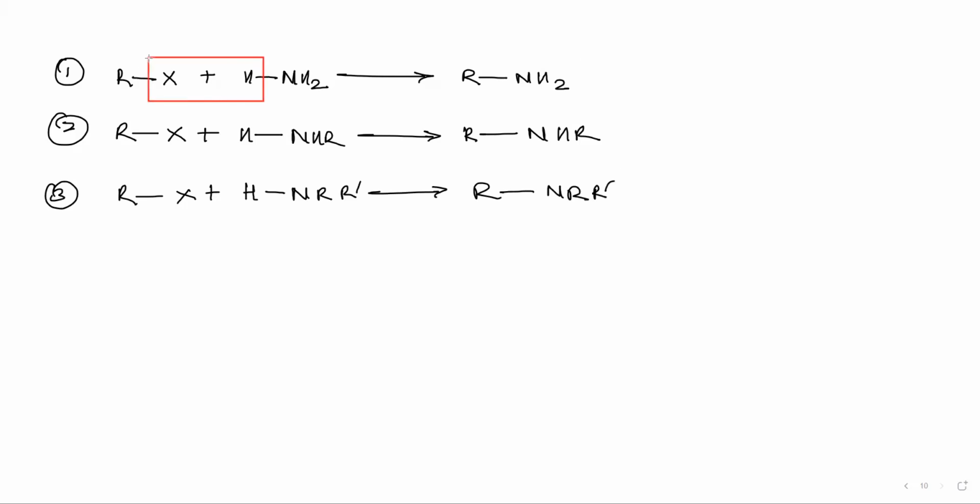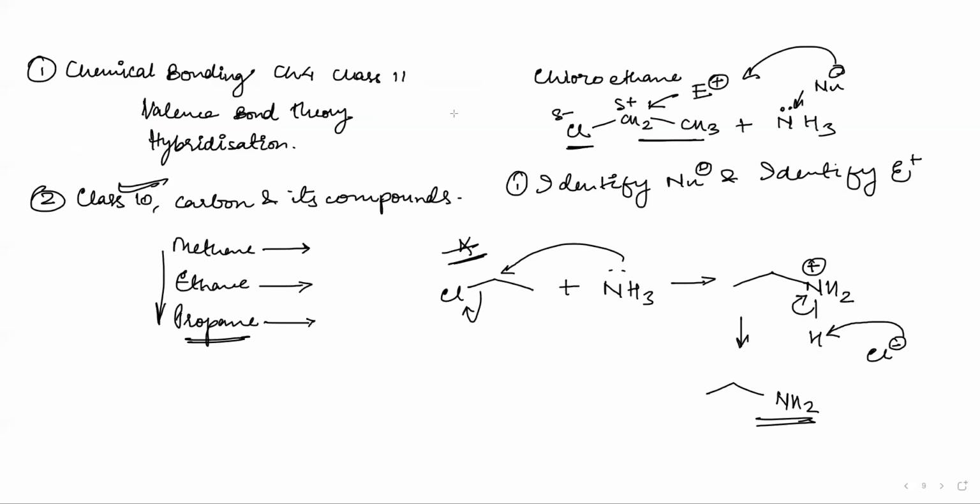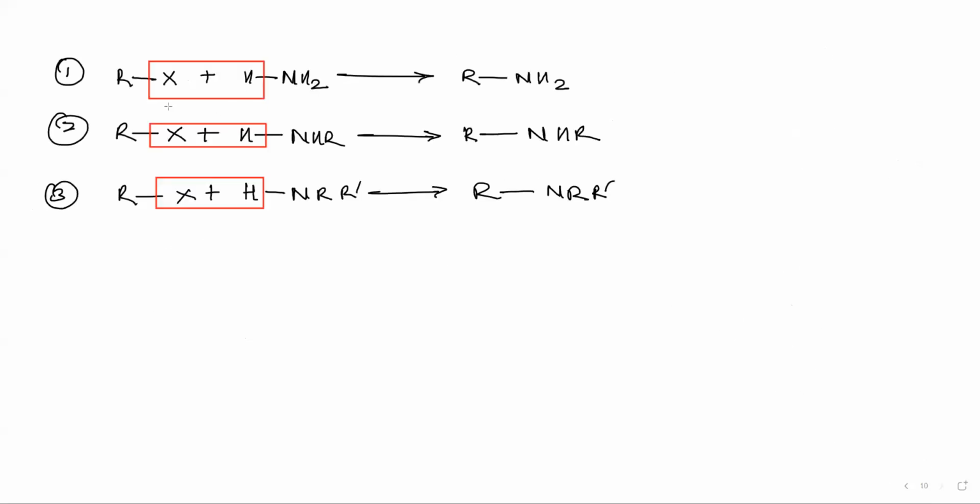The X is getting attached to a hydrogen. The X is getting attached to nitrogen, and the nitrogen is then getting attached to the alkyl group. The same thing is happening here. So this is the only thing that you have to remember to make any problem. But if you want to remember the long version, I will always say to remember what is happening behind. But if you want a trick, then this is the trick.